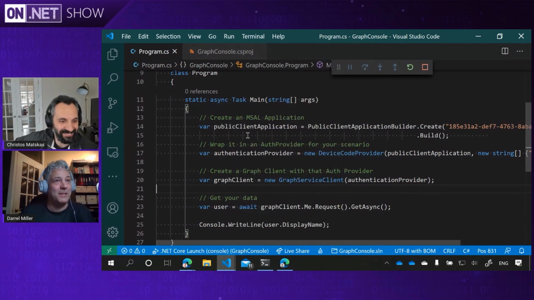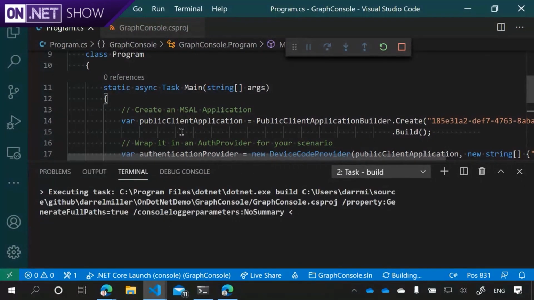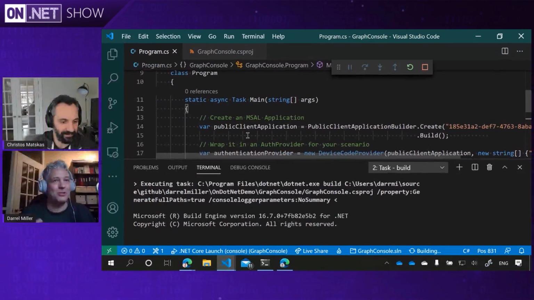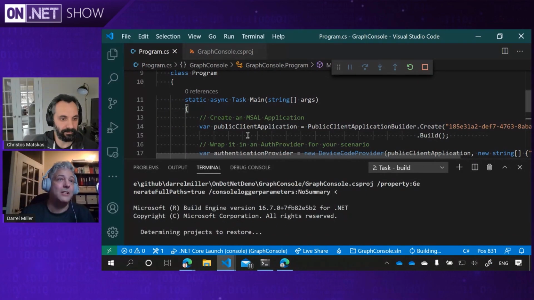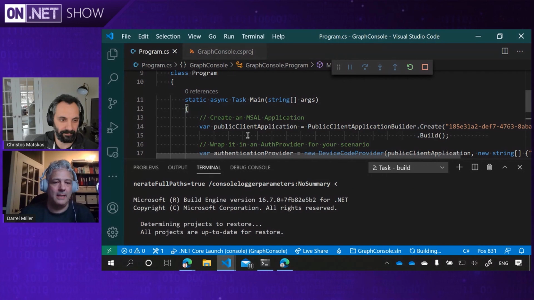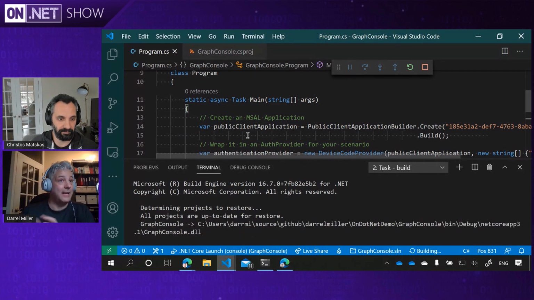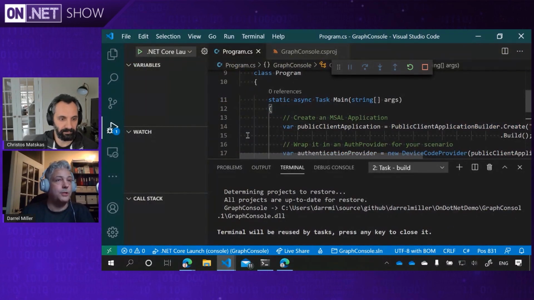We shouldn't be quite so hopeful that this will work. We should be very confident that this is going to work. But any time spent working with auth, it always finds a way to trip you up, because there are just so many different variations on how this can work in so many different situations, especially with all the new features constantly being added into Azure AD with multi-factor auth and all this stuff. And one of the reasons why we use the auth provider as a wrapper is because we don't want you just going and grabbing a token and then